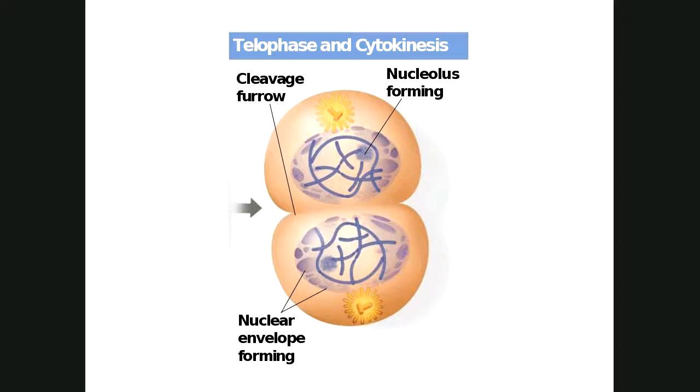We're pushing the cell apart. All right, so as we move from anaphase into telophase, anaphase ends when the daughter chromosomes have finished their migration, their movement to opposite ends of the cell. So the kinetochore microtubules pulled the chromosomes apart. The polar microtubules push the cell apart, and the cell's elongating.